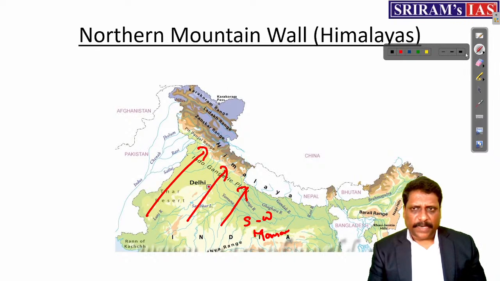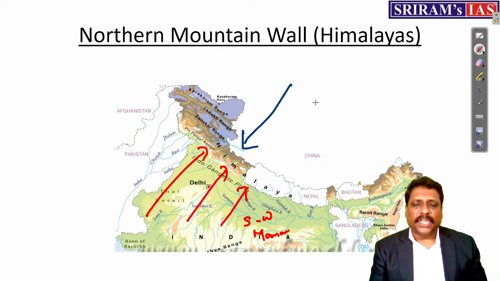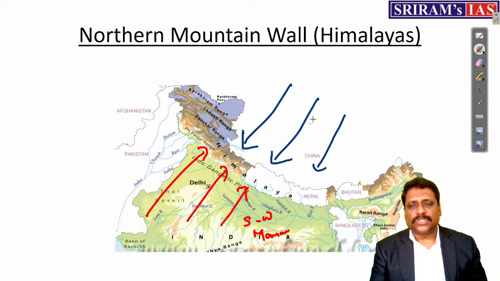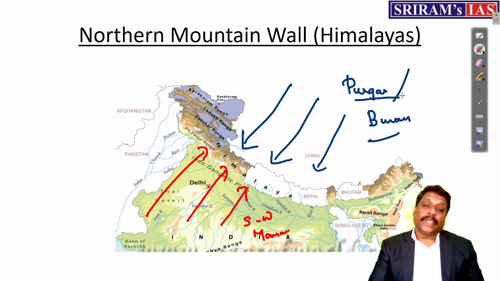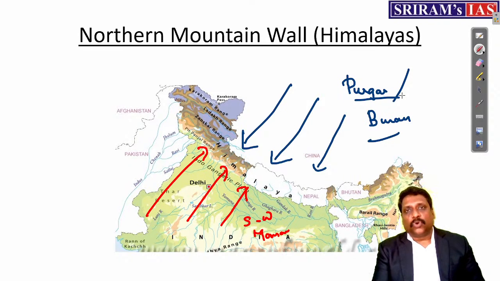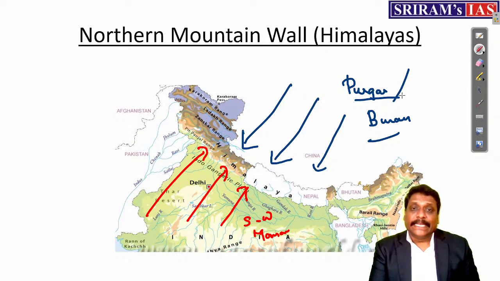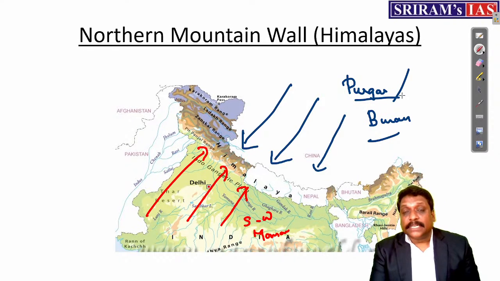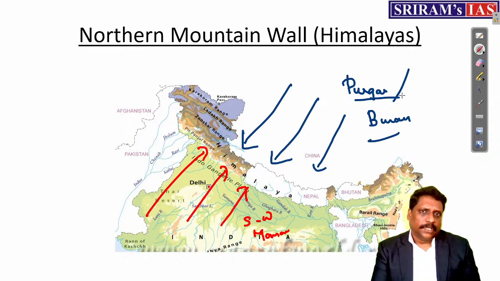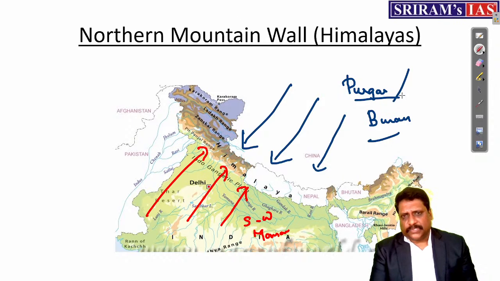And similarly, Himalayas plays a very, very important role in not allowing the cold Siberian wind from entering India also. This wind you call either Purga or Buran. So I understand Himalayas both ways plays a very important role in regulating the Indian climate. Himalayas moderates the Indian type of climate. That's the reason Himalayas plays a very important role climatologically, economically, even in the security aspect as such.